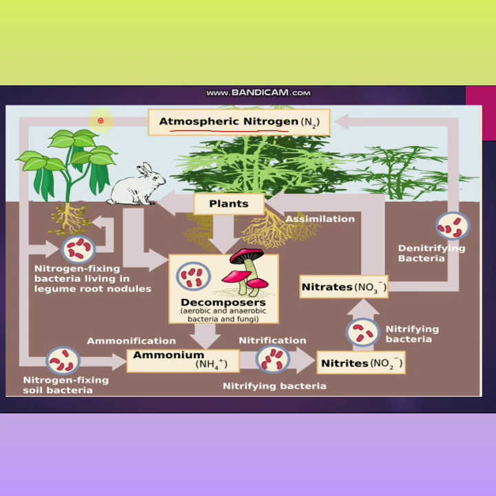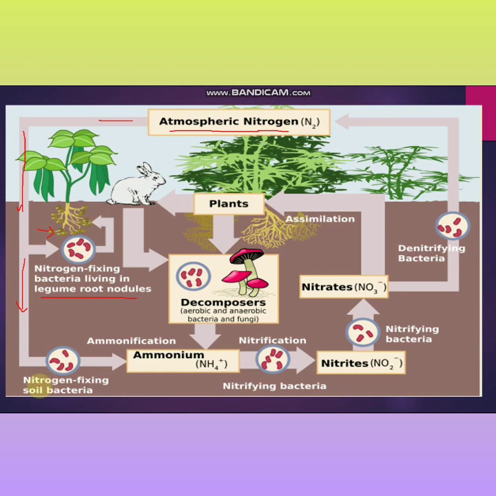Now first of all, this atmospheric nitrogen goes into the root of the leguminaceae plant. All of you know, in the root of the leguminaceae plant, rhizobium bacteria occur, which help to fix the atmospheric nitrogen into the compound of nitrogen. Just see, in this root of the leguminaceae plant, this helps to fix the atmospheric nitrogen. Now see the next step.